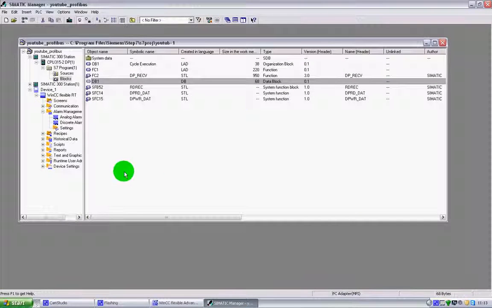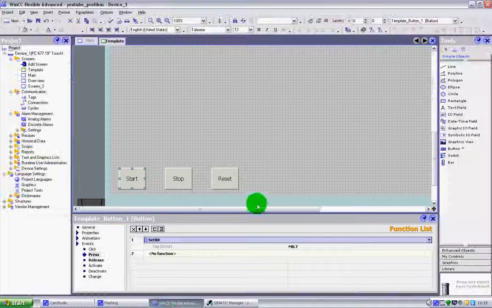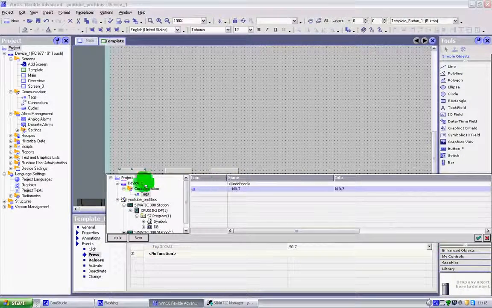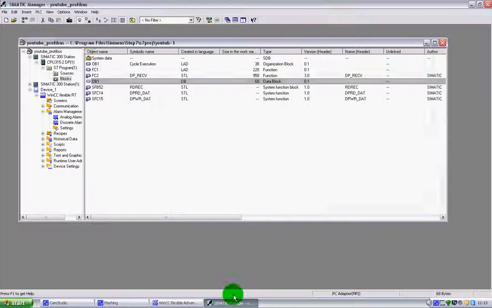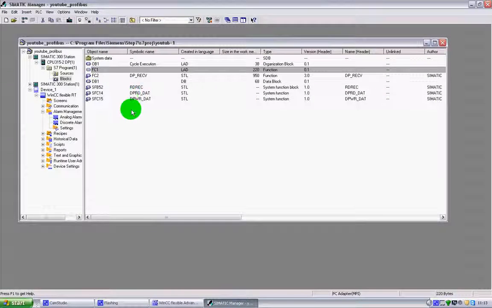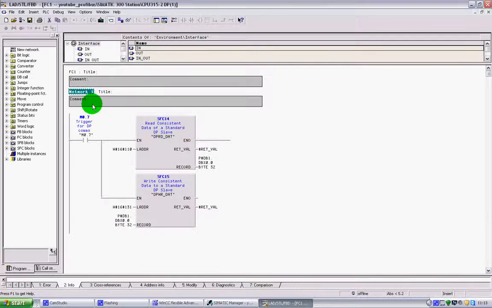Alright, so it's important that when you're writing your PLC program that you look into the future a little bit and think how you're going to do things with your WinCC and create the relevant data blocks. Of course you can add to them, that's not a problem, you can keep adding to them because the WinCC will keep checking this symbols table, and every time you add something it will add it all up. So if, for example, I go to FC1 here